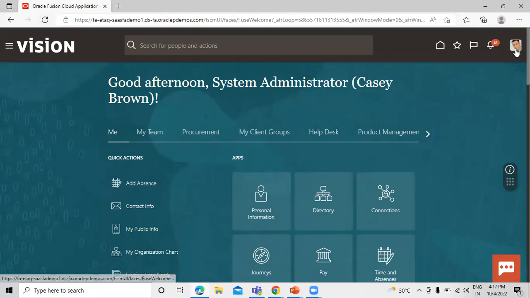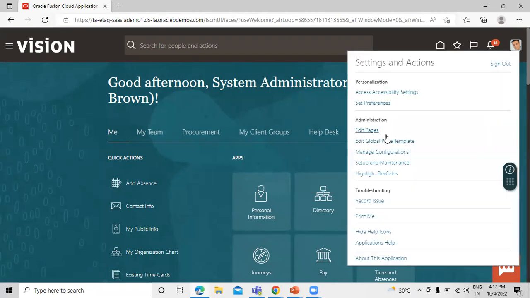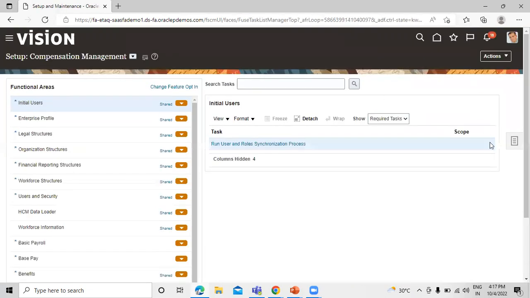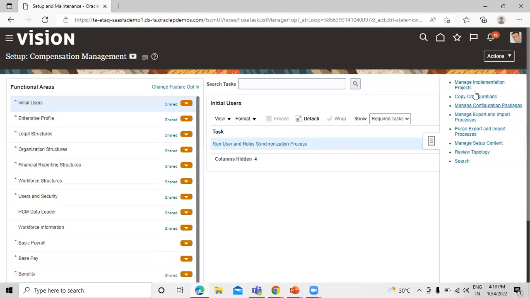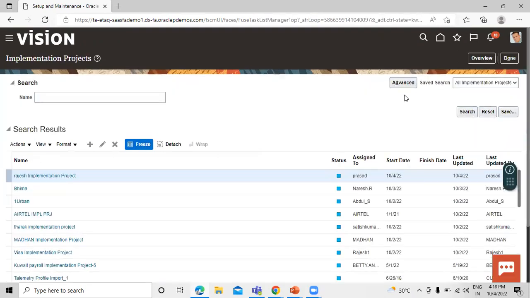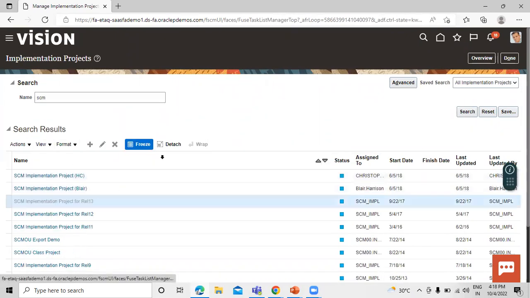Click on settings and actions, click on setup and maintenance. Click on the task list, click on manage implementation project, search for our project, SCM, click on our project